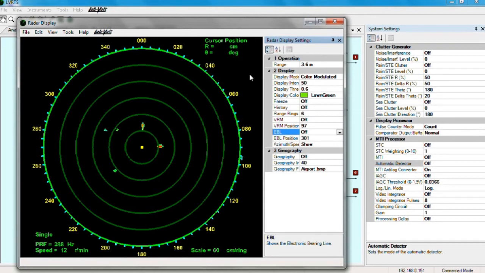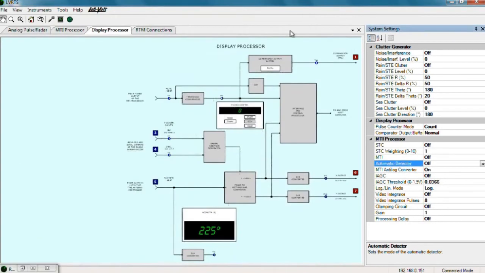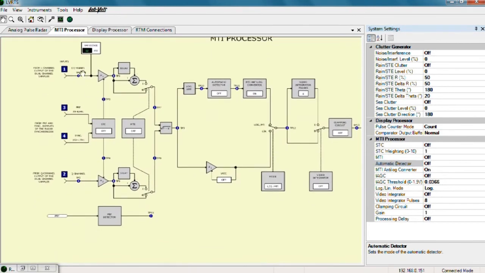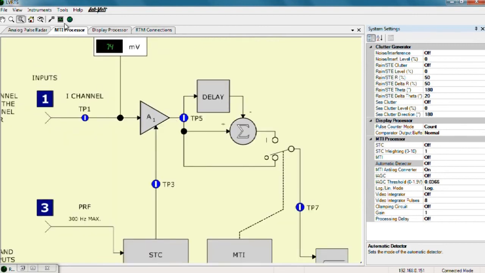Now I have a nice PPI display, but I could also be interested in learning more about this MTI processor. So if I go inside here, all of the squares are my actual output signals that I'm sampling. But I can also look at the details inside here, and each of the smaller blue dots are additional test points where I can connect virtual probes for my oscilloscope. For example, if I wanted to see my I channel and my Q channel,